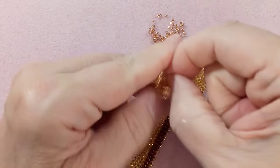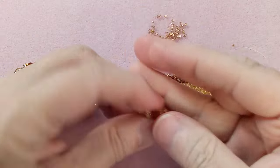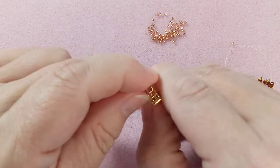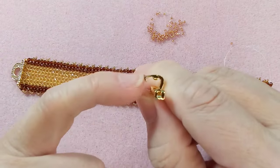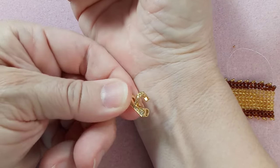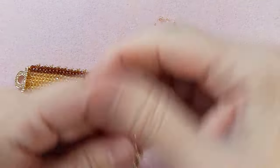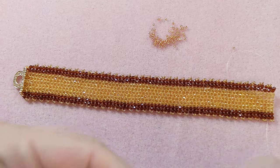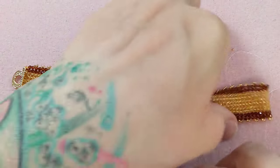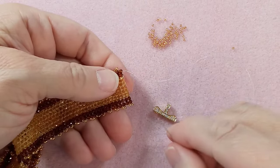I have to tell you too, this clasp, I'm a little disappointed. Maybe a lot now. I didn't think of this. This is one of those fold over clasps. Let me see if I can show you. It's hard when it's not attached to something. This part opens, but this is the front. So if you have this on your wrist, it's going to be hard to open that back piece because it's at the back. If you're going to use one of these, you might want to leave the bracelet length a bit loose, so you can get your finger in there to open it. And, as most of us do now, get our partners to help us put our